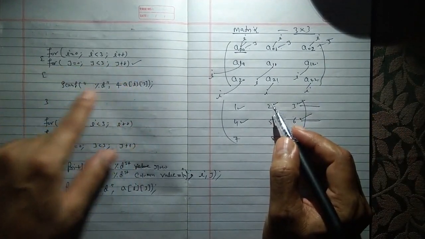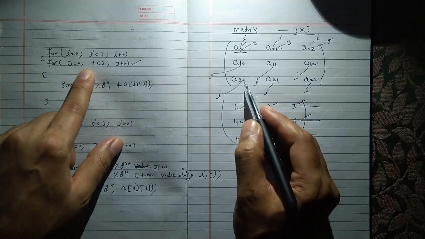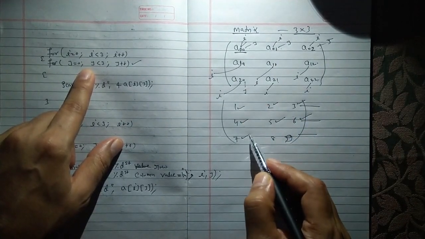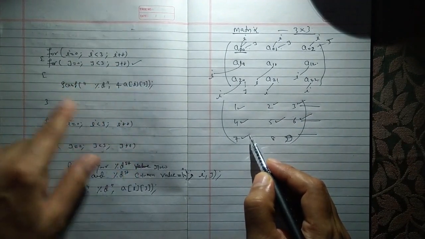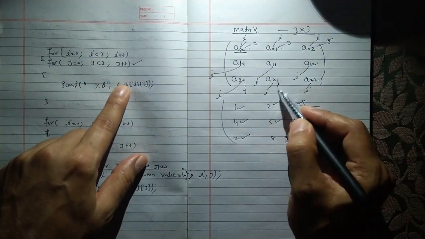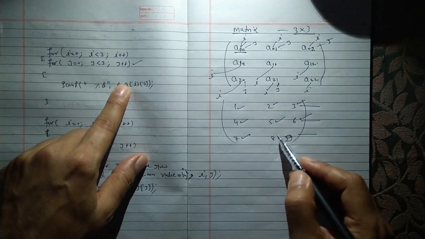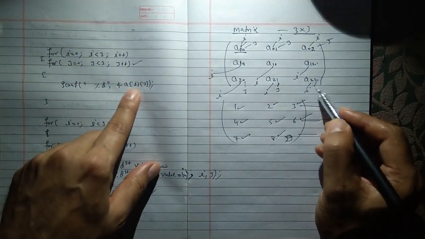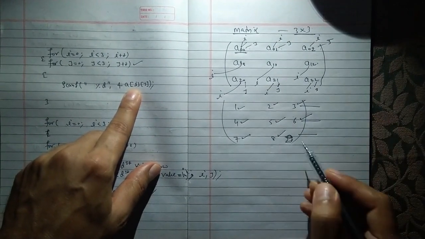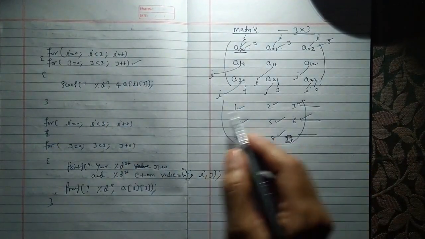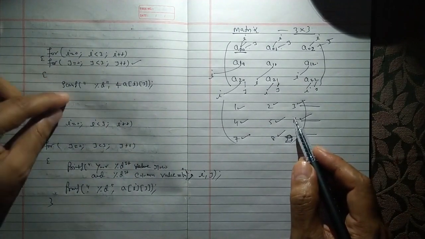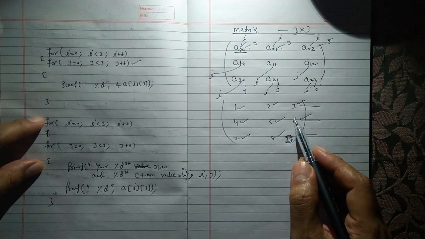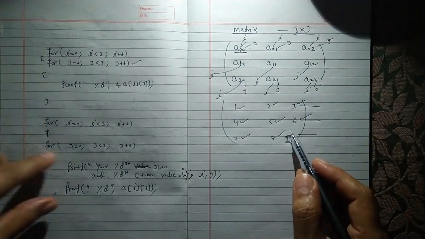Now this loop will also work 3 times. j = 0, you will input 7, then again j++, j = 1, you will input 8, then again j++, j = 2, you will input 9. After that your loop has finished, then it will come here for the input you have given, and then it will print everything.